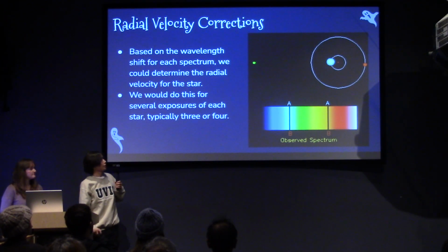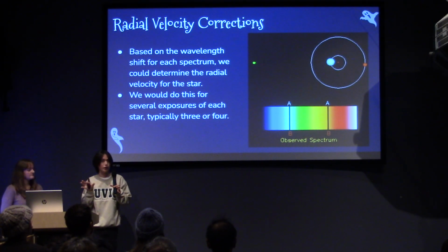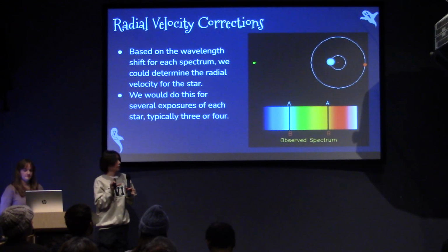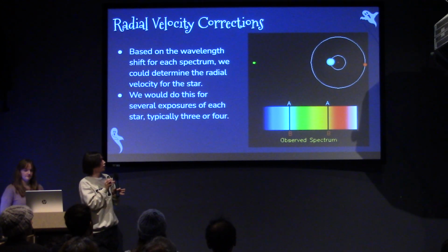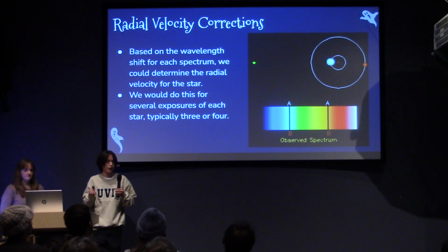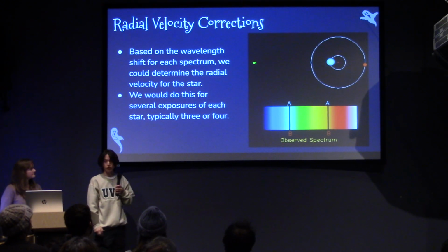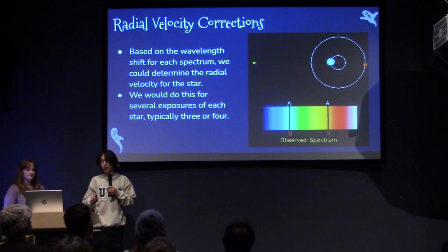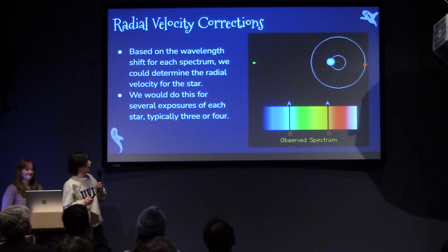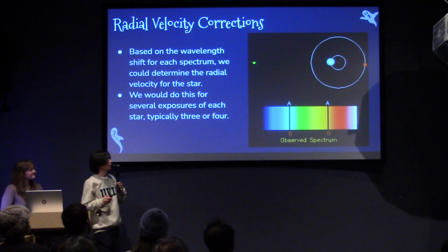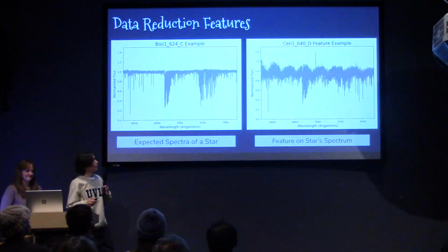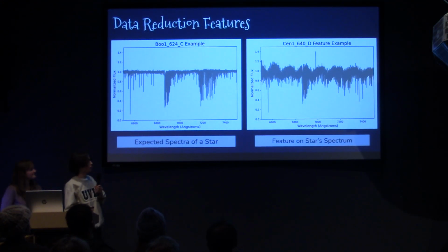With each of the spectra all obtaining the radial velocity, we would be able to get a pretty good approximate value for the true radial velocity for each of the stars. One issue, though, that I ran into with the data from GHOULS is that there was sometimes data reduction